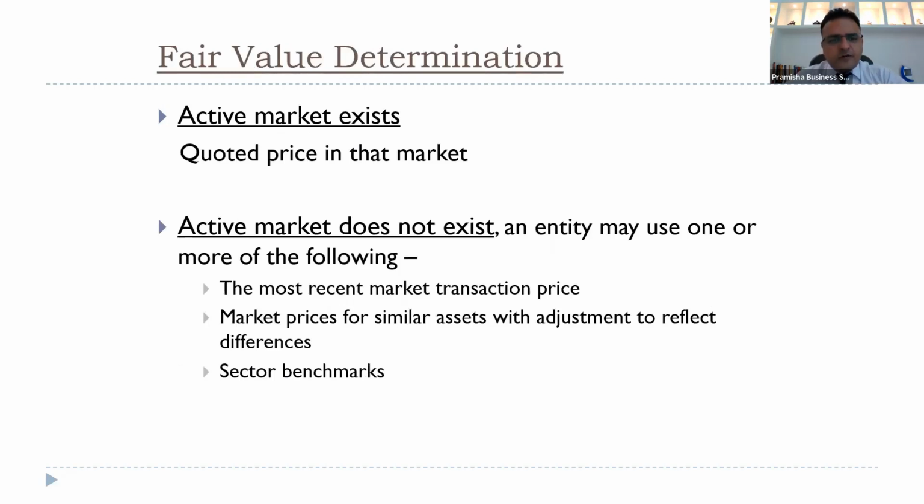Fair value determination from active market. If you have an active market, suppose you want to know the value of cows or buffaloes, there must be an active market for them. There are trade fairs for them, so we can get to know their values from there. If it doesn't exist, then the most recent market transaction price or market prices for similar assets. If you have a market for cows, we can estimate the market for buffaloes, or can have a sector benchmark, what others are doing,